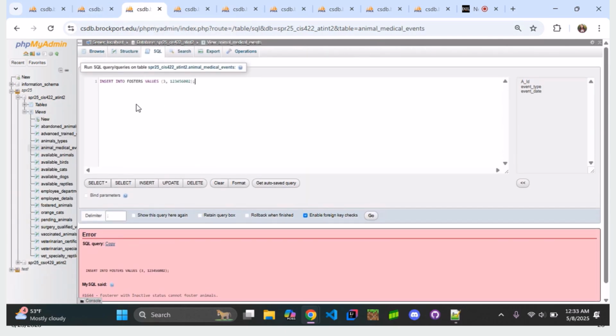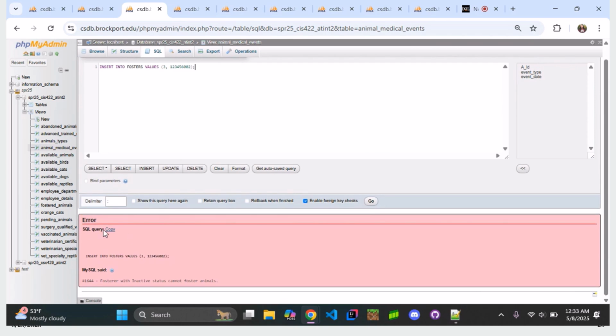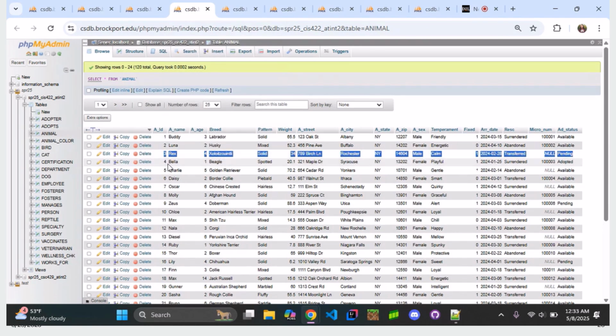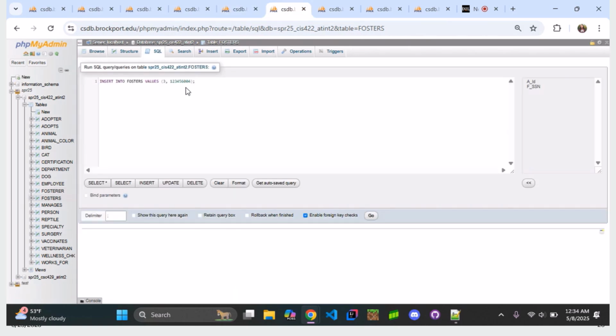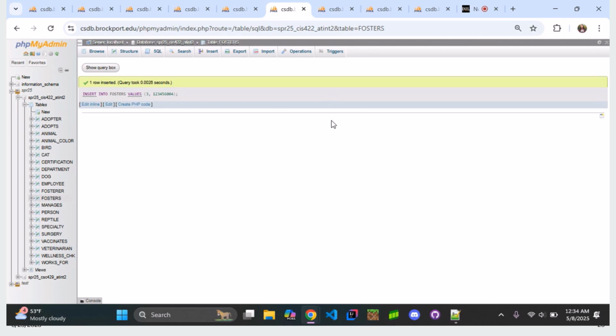For our first example, we're going to try to insert into the fosters table. As you can see, the error was already there: a foster with an inactive status cannot foster animals. So the animal we used was this one, and the foster was here. And as we can see, the foster's status is in fact inactive, so they aren't able to participate in the fosters relation. Now, if we use the same animal again and choose a different foster, we can see that this succeeds,